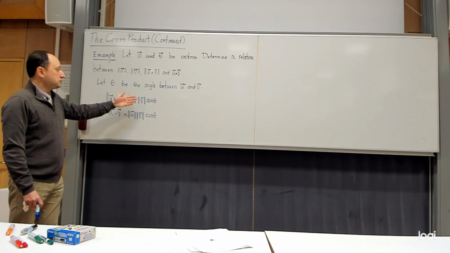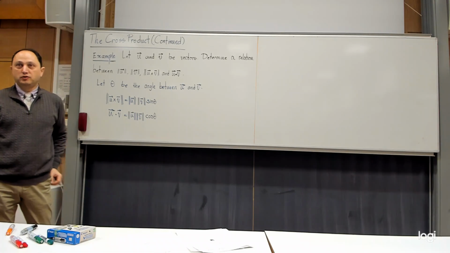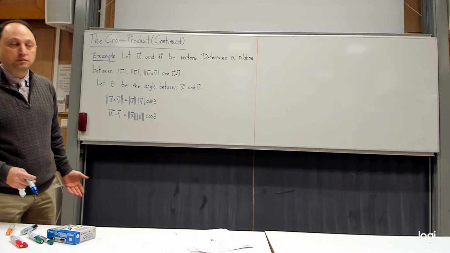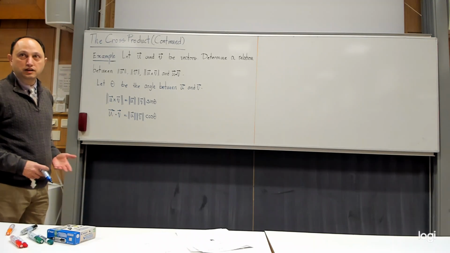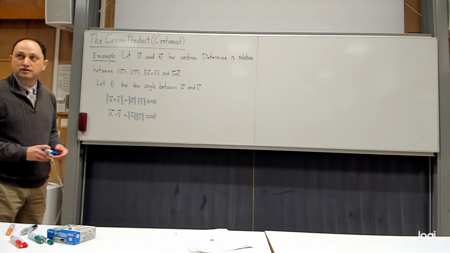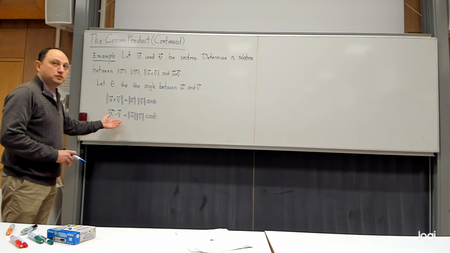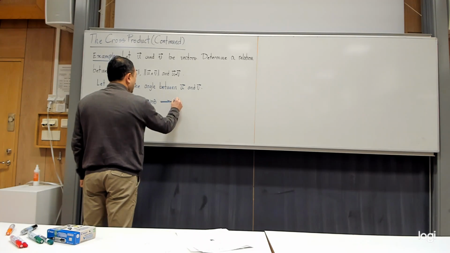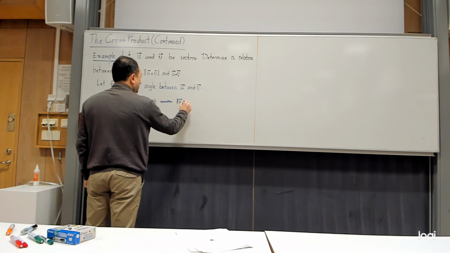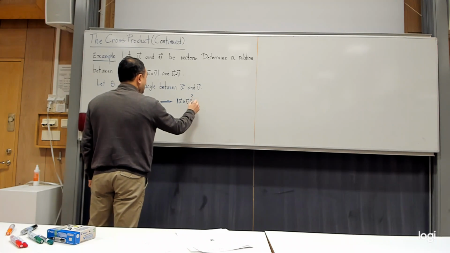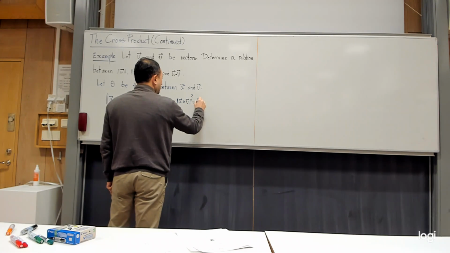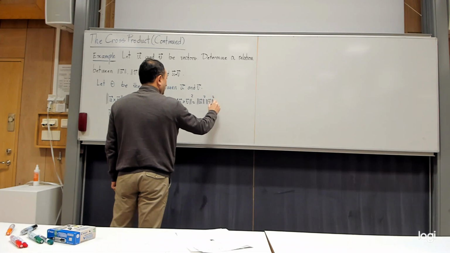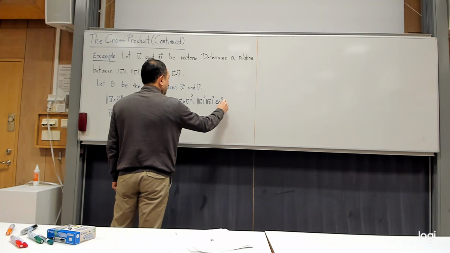If I want to get rid of sine and cosine, there is one famous formula in trigonometry, and that's sine squared plus cosine squared is equal to 1. The point is that I do not have sine squared or cosine squared, but that is easy to manage. I raise both sides of this one and this one to power 2. So then what happens here? You get norm of u cross v squared is equal to the norm of u squared, norm of v squared, and then sine squared theta,